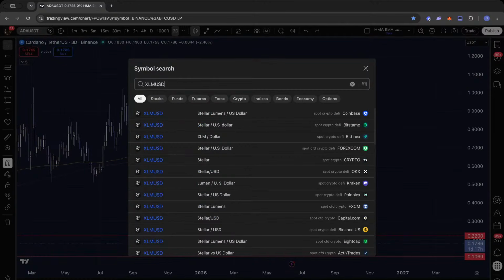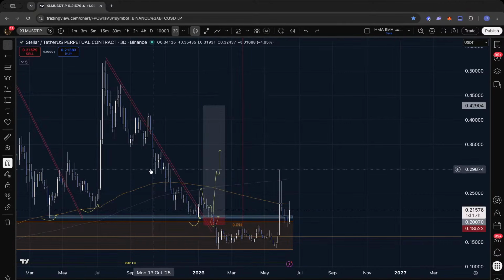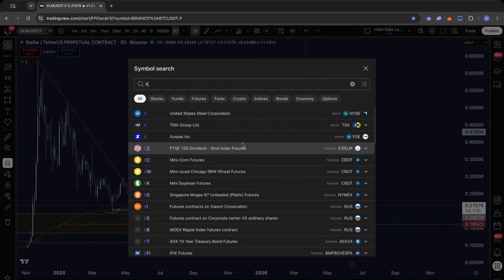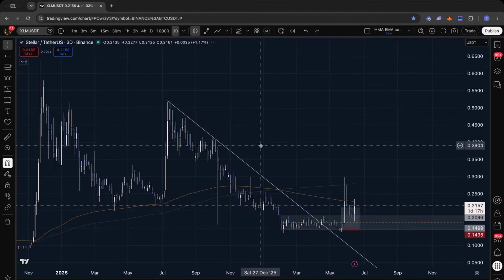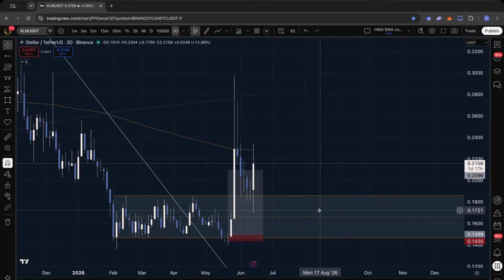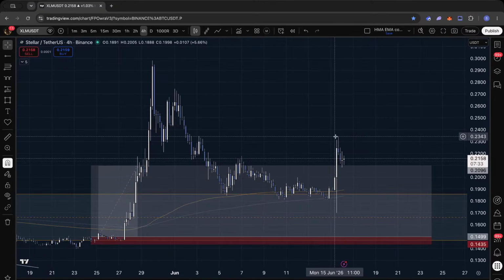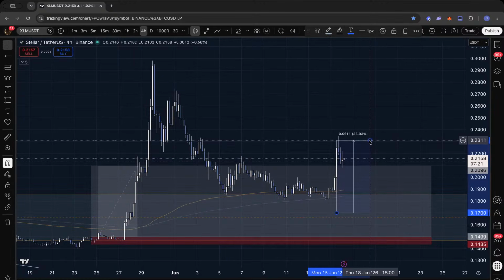XLM, well, XLM was quite nice, quite profitable to trade. We had a nice long on this one. Okay, this chart, one second. I think spot. Yeah, this was the long which we had. Well, oh my God. What was this? 0.23, 0.16. Man, that's more than a 35, 40% candle. No, I'm not willing to play this game.